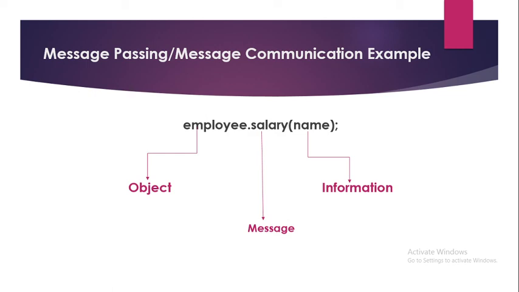So this is all about the basic concepts of object oriented programming, which are commonly used for all the languages that support OOP, like Java, C Sharp, C++, VB.NET, C Sharp.NET, whatever it is. These basic concepts will remain the same. So all these concepts are very essential and very important to know.